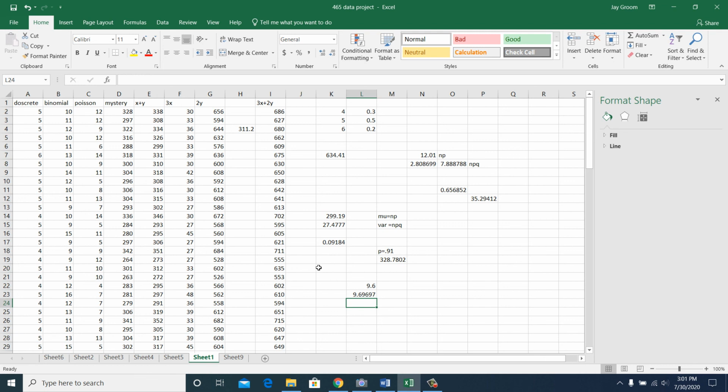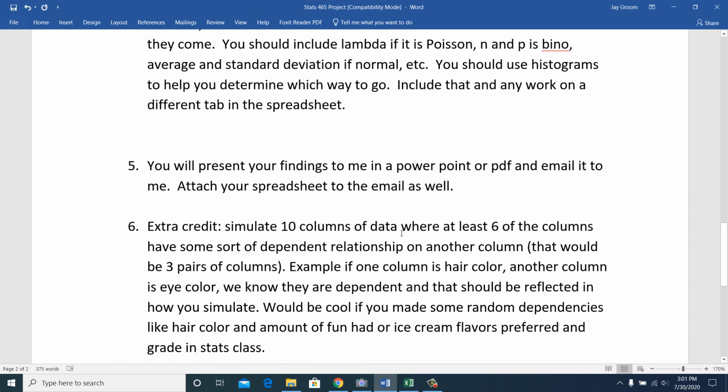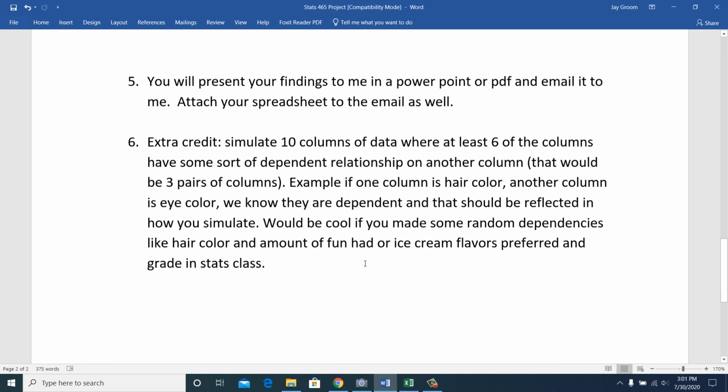Oh, look at that. Variance is equal to mean. That screams Poisson, friends. It screams it loud. Okay. So that's the sort of thing you're going to be analyzing the data with. It's going to be good times. Okay. Now, if you want extra credit,